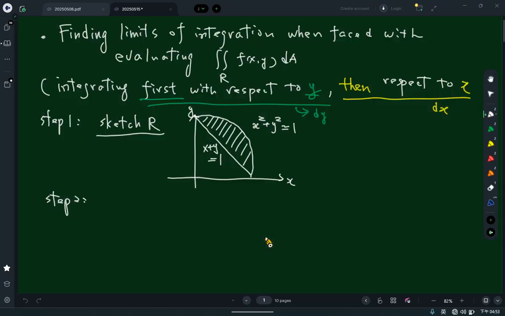So for step two, we integrate first with respect to y, so we should try to find the y limits of integration